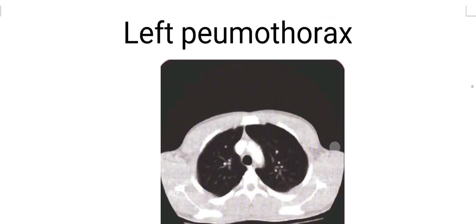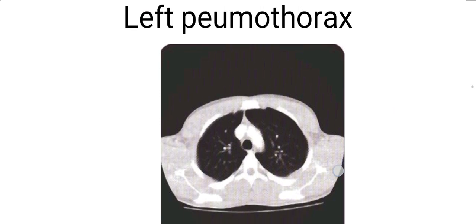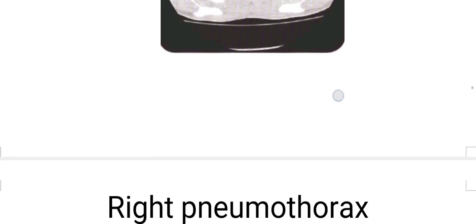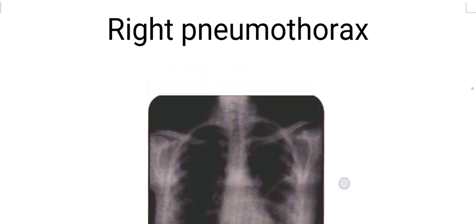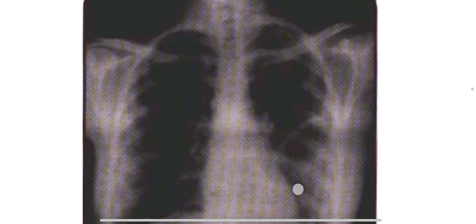Our next slide is the CT of the chest, which shows left pneumothorax. In this image, they have given the CT scan image of the chest, which shows the left pneumothorax, and they have also given the chest X-ray, which shows the right pneumothorax. So here you can see the right-sided pneumothorax, though this picture is not very clear, but anyway, if it comes in the exam, then we have to see that if it is a large pneumothorax, then